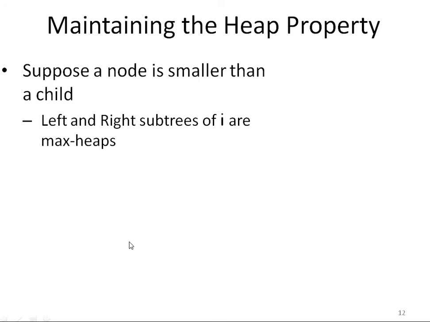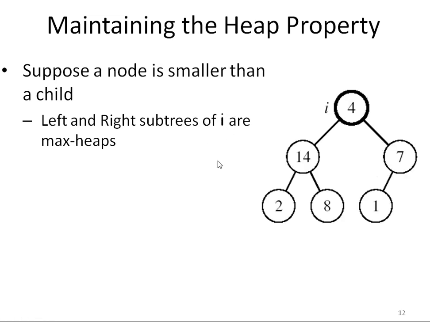Now coming to the functions. So, maintaining the heap property. If I talk about a max heap, then maintaining the heap property means the value of a parent node should be greater than the left child as well as the right child. It can also be equal to the child nodes. So let us assume we are at an index position such that a node is smaller than its children nodes, and let's say it is identified with index position i.